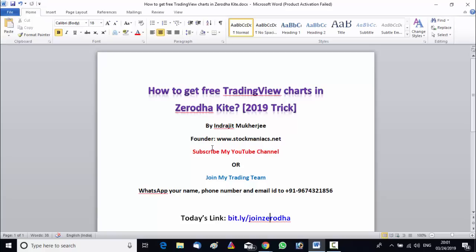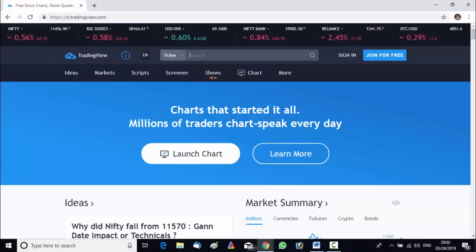So how to get free TradingView charts in Zerodha Kite. So friends, before I describe how to get free TradingView charts on Zerodha Kite, let me explain what is TradingView. TradingView is a world-renowned charting platform. They build charting platforms, and many companies use their charting platform.